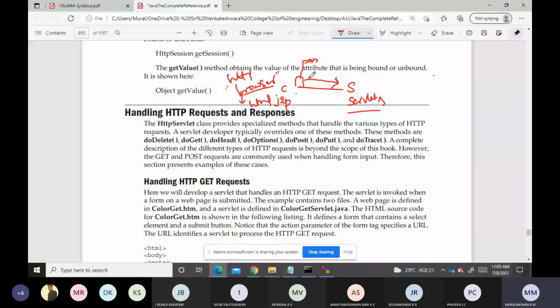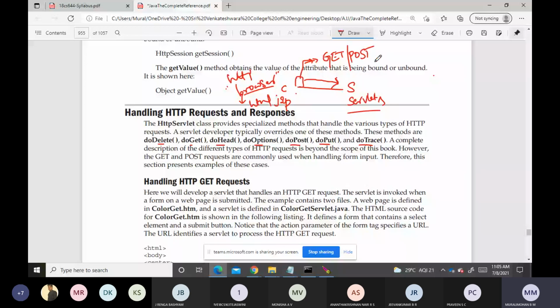We can override the doDelete, doGet, doHead, doOptions, doPost, doPut, and doTrace methods. Commonly we will use either the get method or the post method for handling form input.